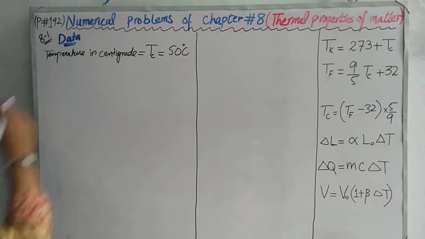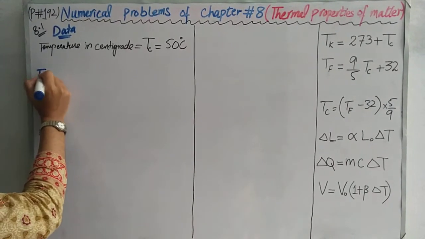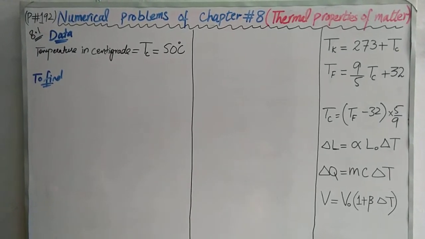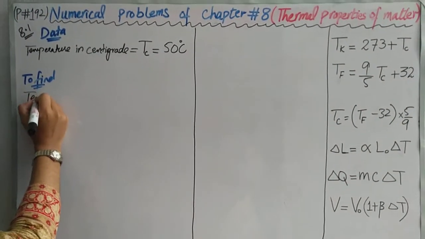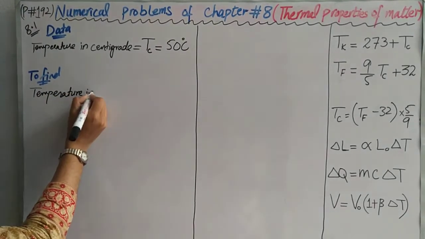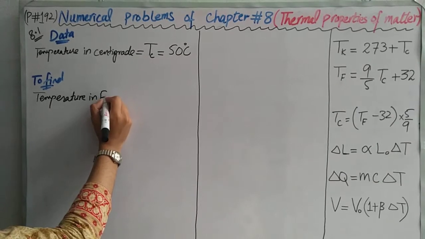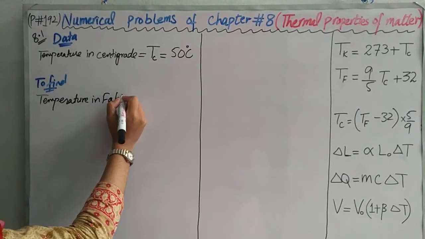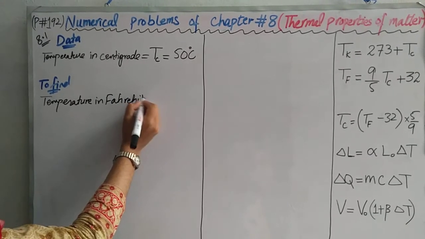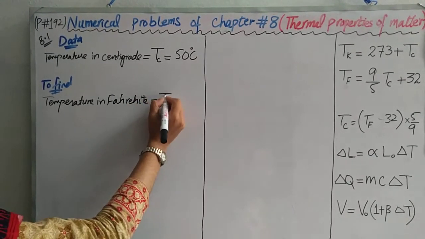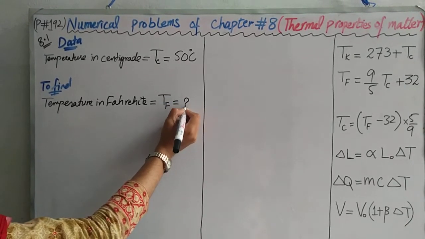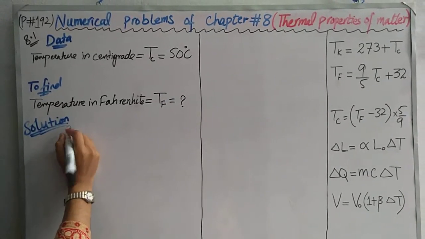To find, we have to find out temperature in Fahrenheit scale. That is represented by TF. We have to calculate it. As we know that